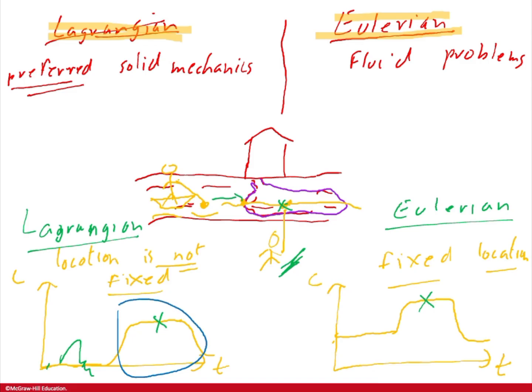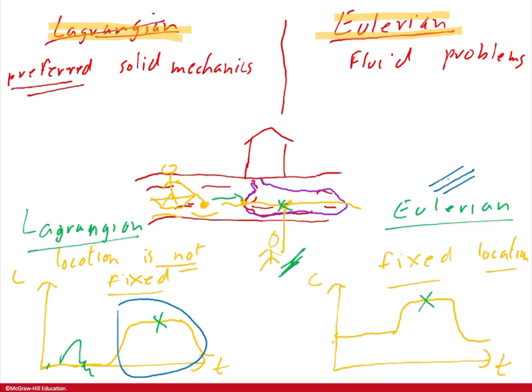So as a result, in fluids you generally prefer the Eulerian description over the Lagrangian description, and it's not that you can't do the Lagrangian description. So hopefully this example helps you understand this difference between Lagrangian and Eulerian description,